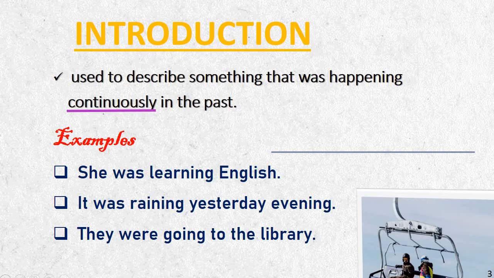That's why we call this tense past continuous tense, right? Now there are some examples here. She was learning English. Here, in this sentence the action is learning English and it was started